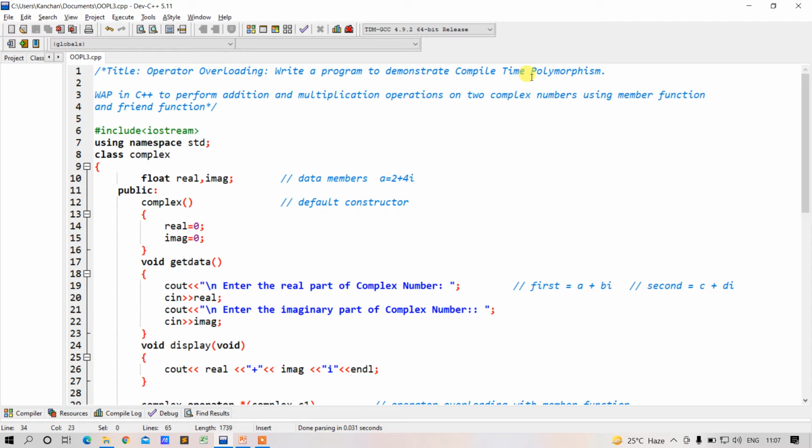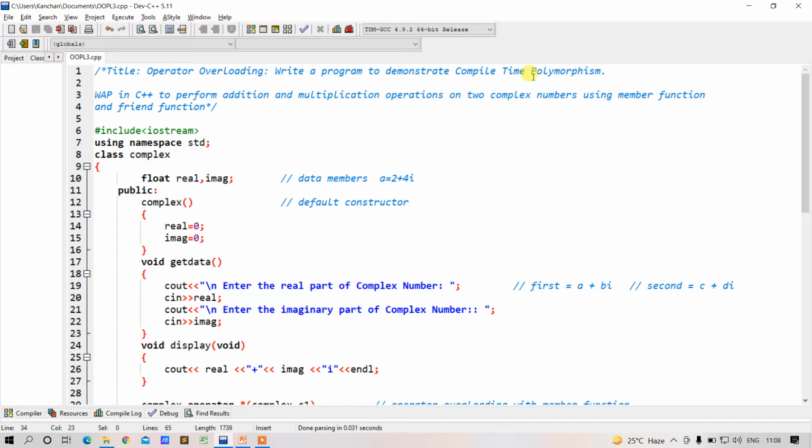Already we have learned about polymorphism, which is one of the most important principles of object-oriented programming. Polymorphism means more than one form. A single entity can perform different roles at different instances. For example, in a real-time example, a woman can perform different roles such as wife, mother, daughter, etc. at different instances. In the same way, an object of a class can perform different roles at different instances.